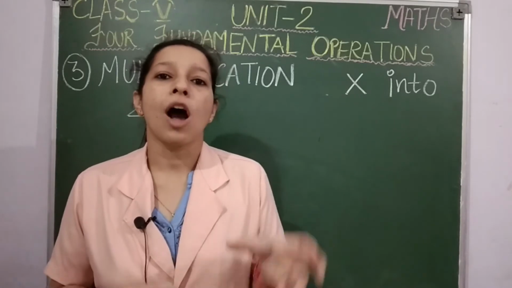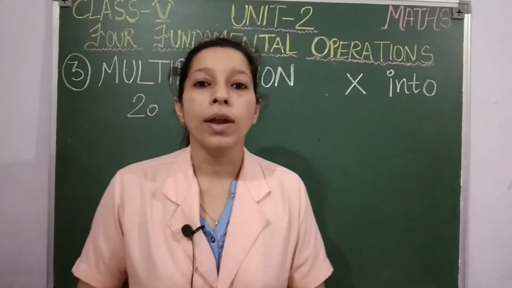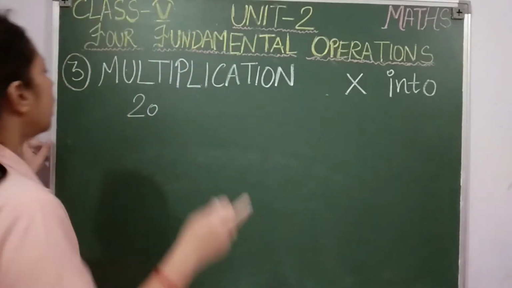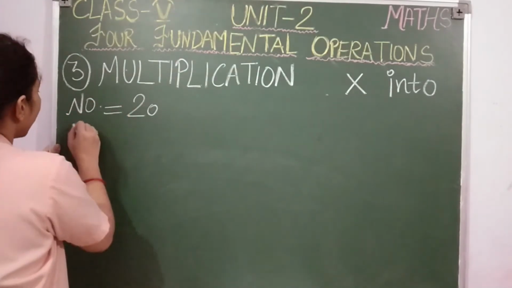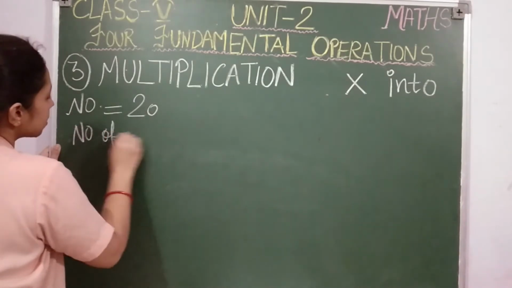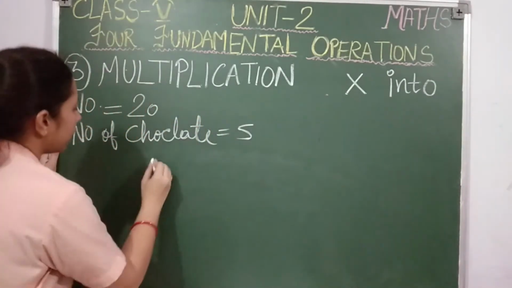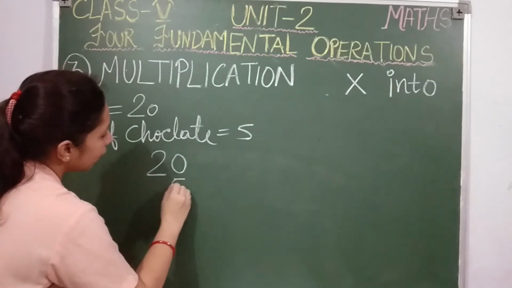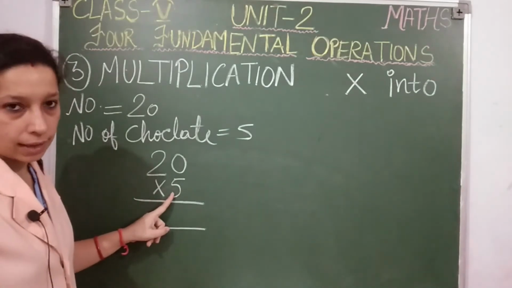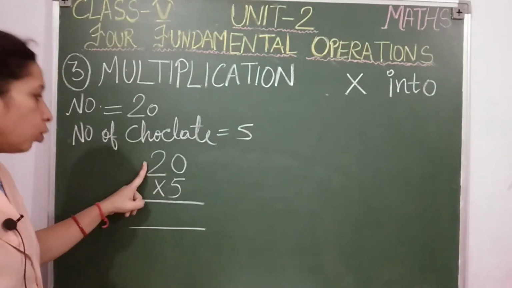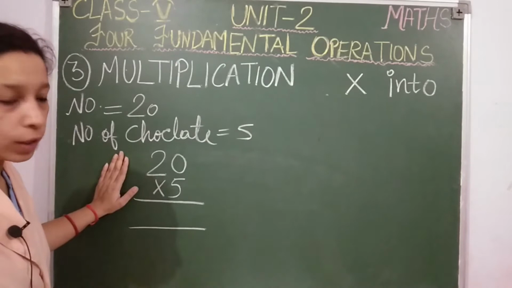Now I want to know how many chocolates you are having in all. Okay, means in total how many chocolates are there in your 20 packets. So what you will do? You are going to use multiplication operation. See how? The number of packets you are having is 20. In one packet the number of chocolates is 5. So what we will do? We will multiply 20 with 5, because here we know that in one packet 5 chocolates are there. Total number of packets were given to you and you are asked to find the total number of chocolates in these 20 packets. So we are going to multiply.